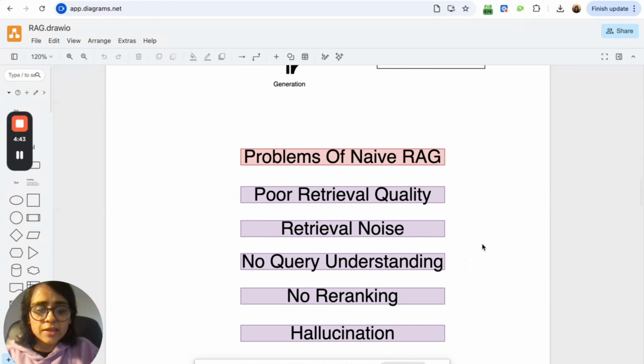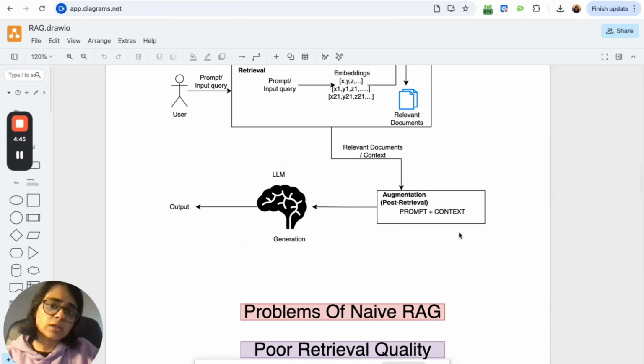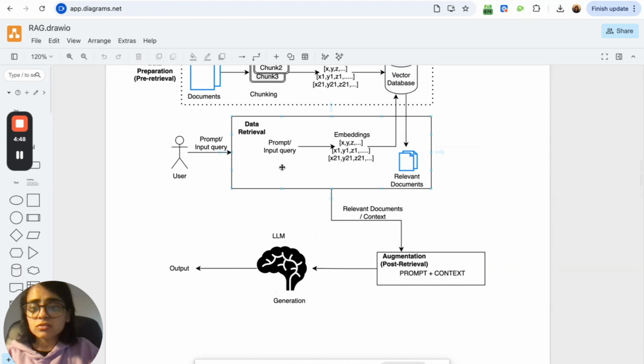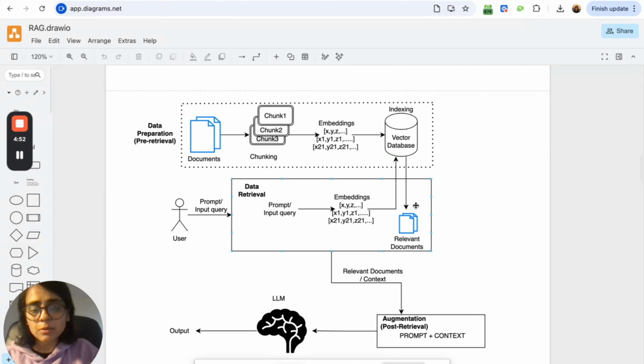Then naive RAG has no understanding of query. Naive RAG uses the query that has been prompted to it to search in the vector databases as it is, without doing any transformation, which might lead to not getting very relevant documents, because users might be writing very vague queries like what are the rules for new employees in the company.